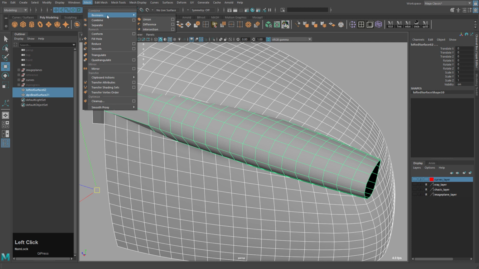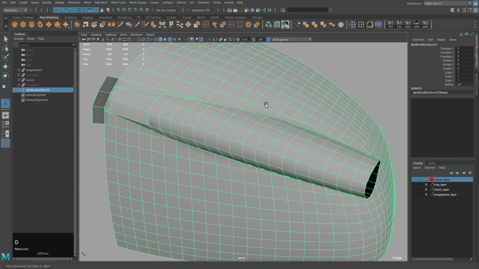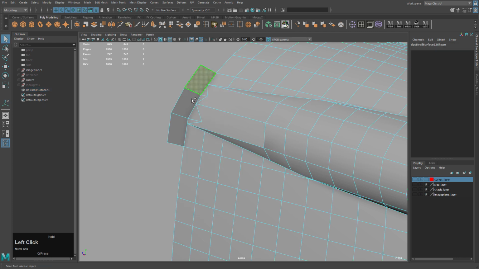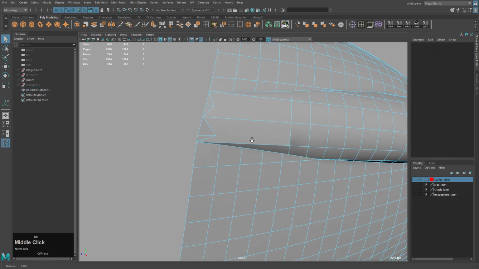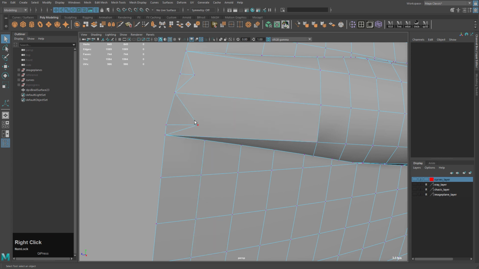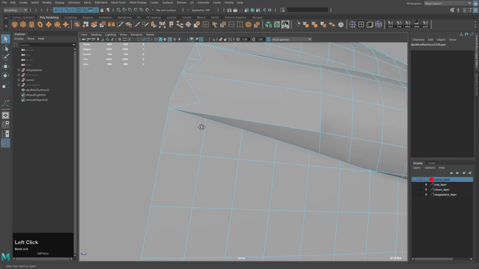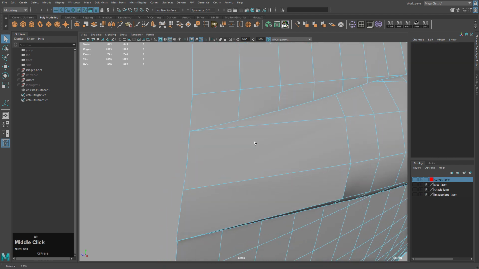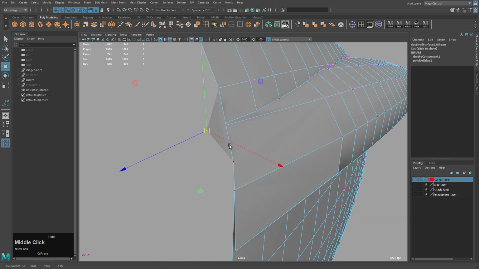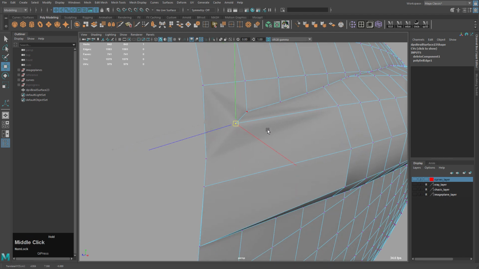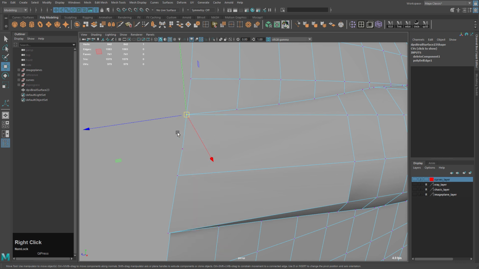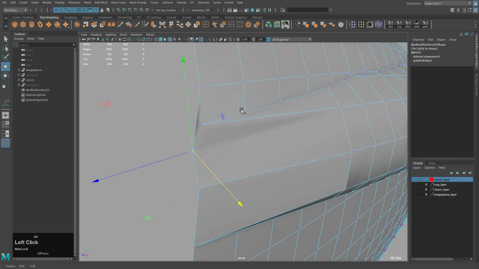Now we can make a Boolean union like that, clear history, and then delete this extra geometry. And you can see this kind of connected, so I can delete this. And what was that? Yeah, it's fine. Okay, let's delete that. Okay, so that's a little